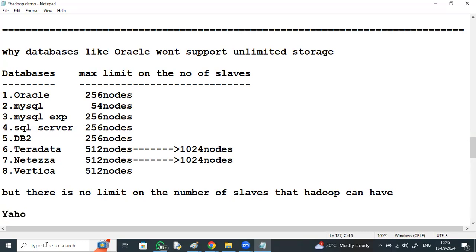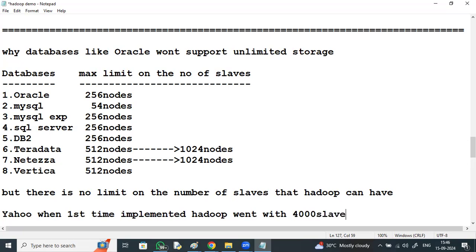When Yahoo first implemented Hadoop, it went with 4,000 slaves for storing its data.